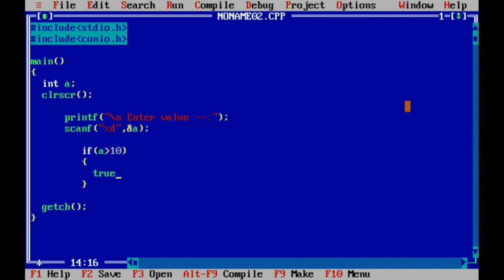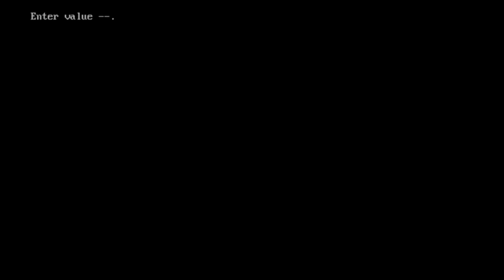I repeat, if this condition is true, then this true part will be executed. Here we can write some message, printf, a is greater than 10. To run this program, press Ctrl F9,